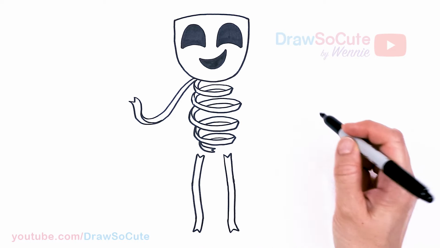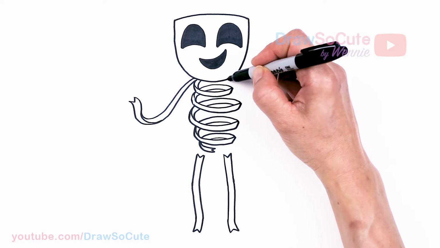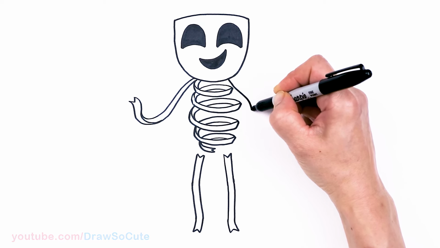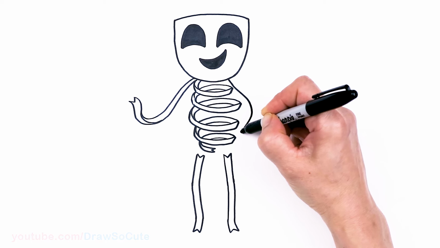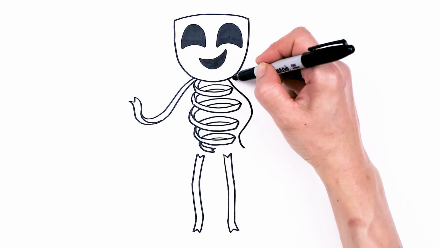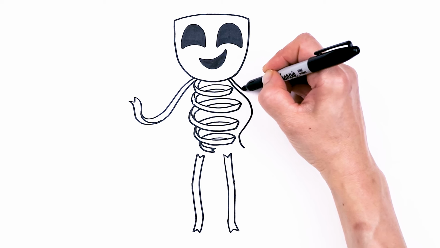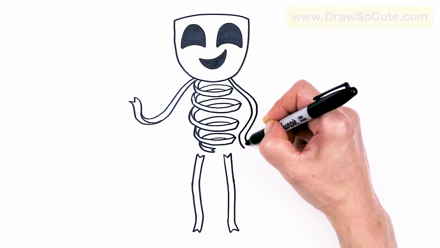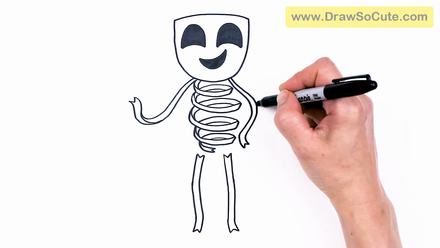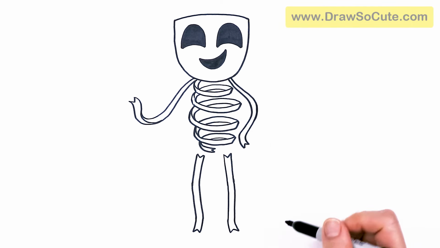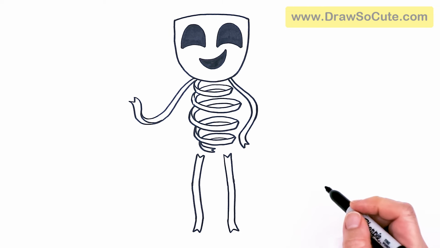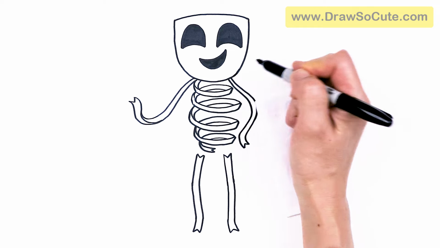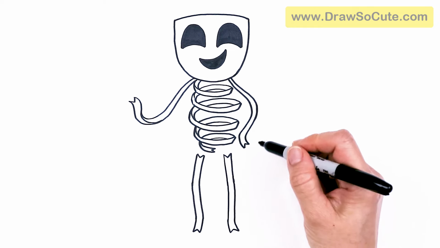So it looks like it's just the ribbon turned. Okay, and then the other hand, so say about right here, I'm just going to bring it down, maybe just bring it into like the hip area and out. So once again, just going to follow and give that little notch. There. For the hands, and that is pretty much it for my drawing here of Gangle from the Amazing Digital